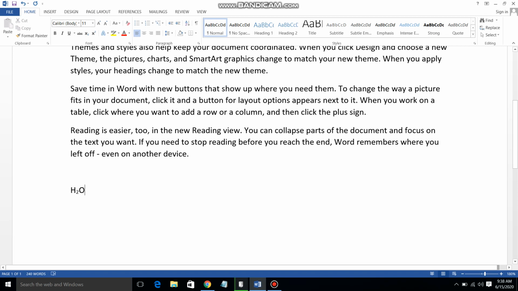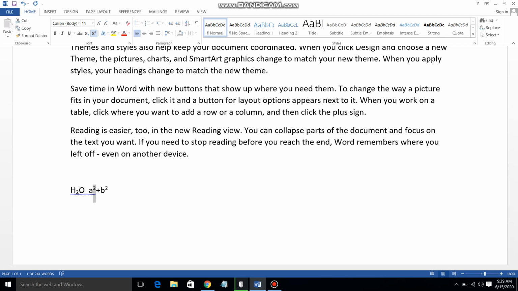Now superscript, suppose you want a square plus b square, but here it is all in the same line, and we don't want the same line, we want it like a squared. Okay, so select this 2 and use here x square. Okay, so you will see b square and a square format.